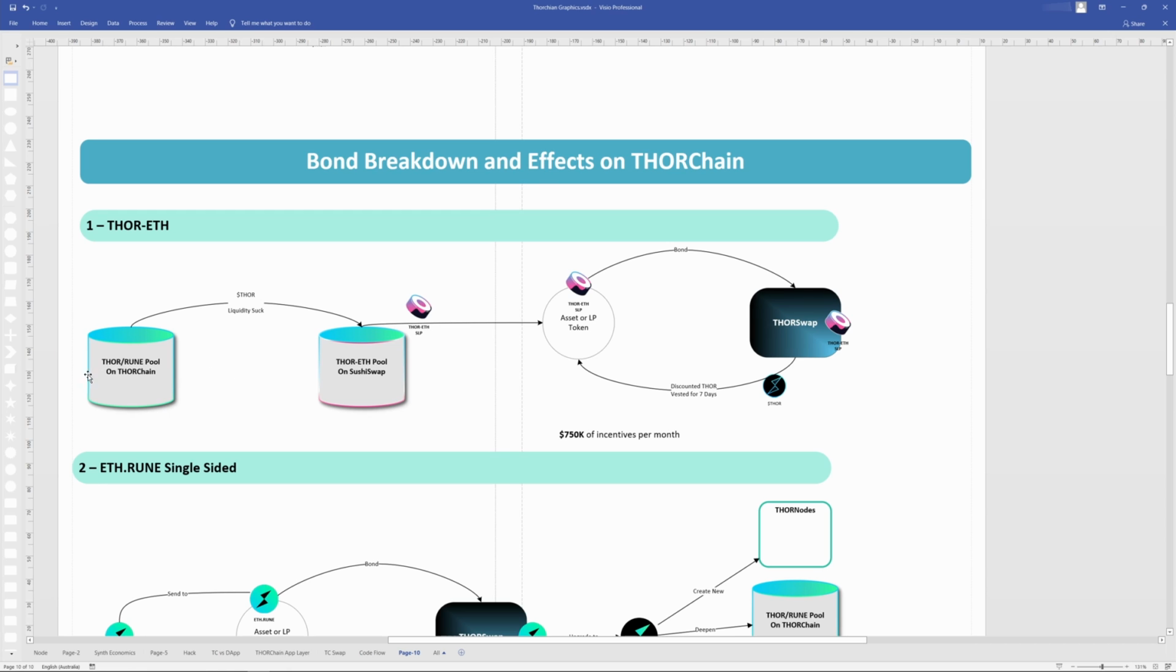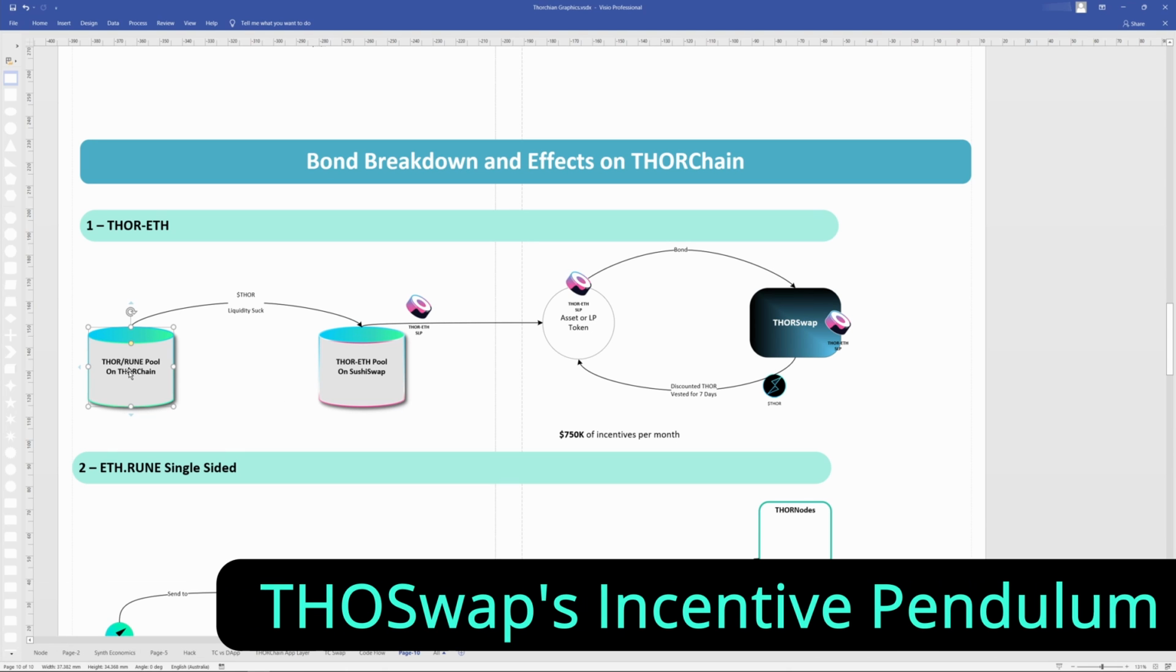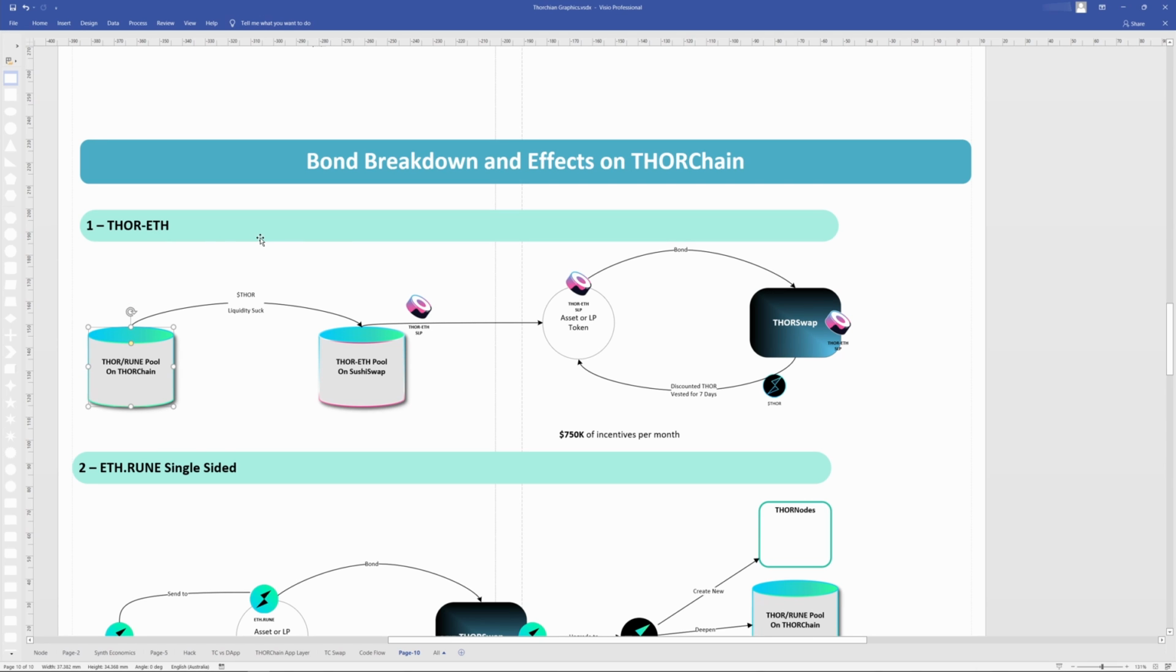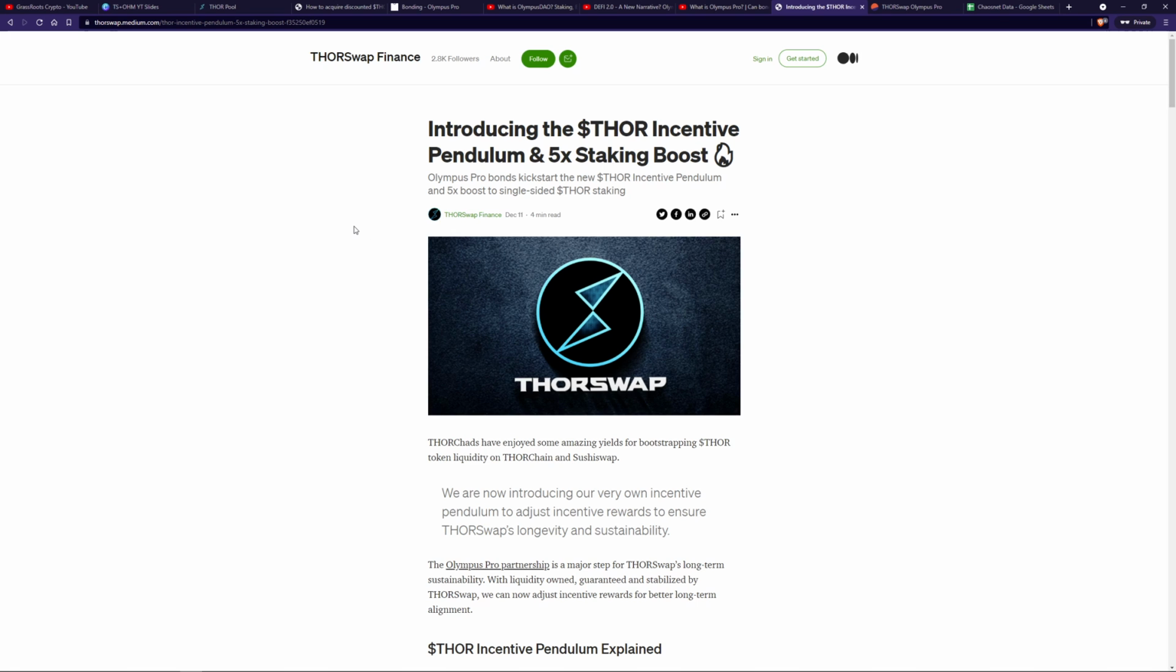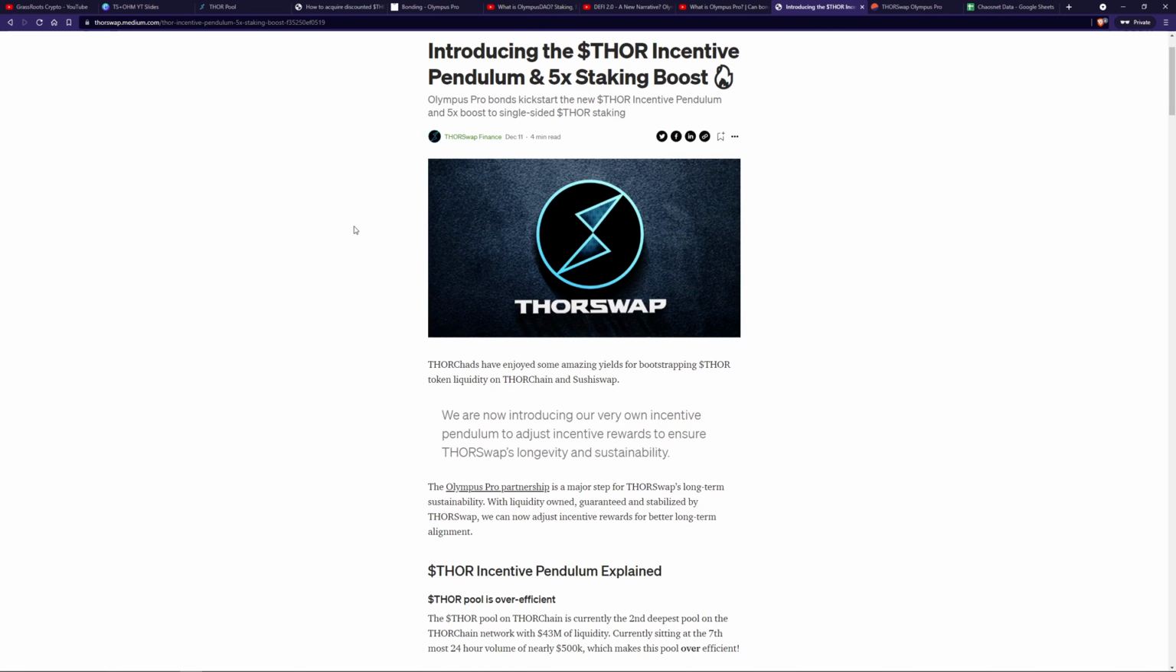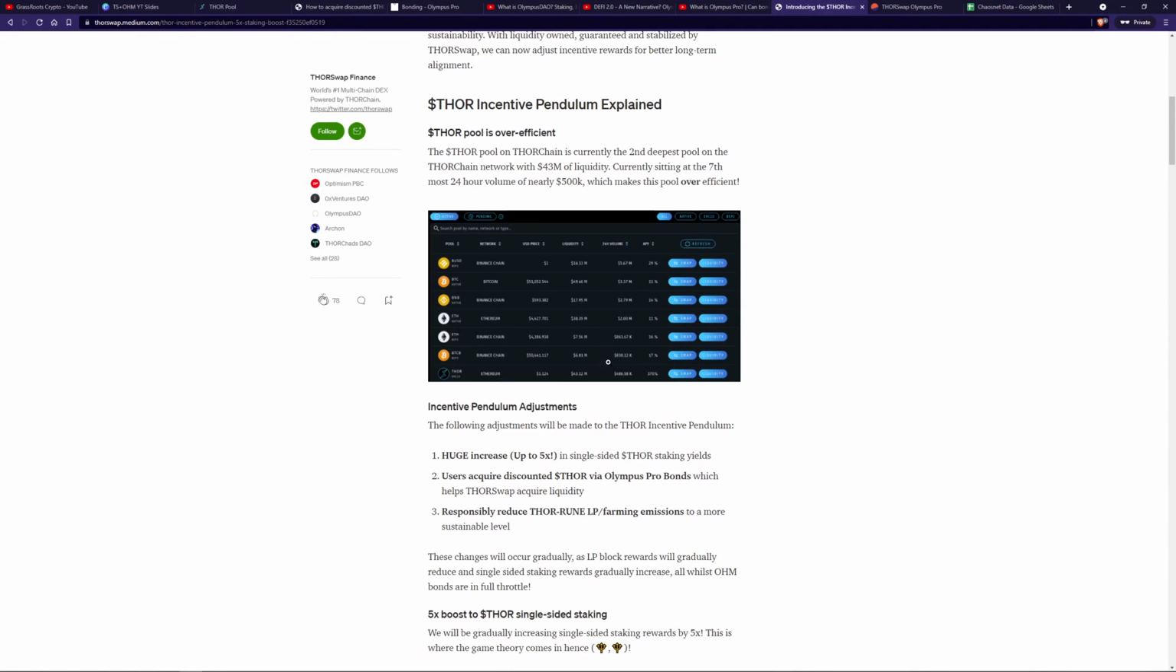Additionally, as we said before, previously a lot of incentives went into this pool, which meant no one wanted to leave this pool because they were having insane APY. So in addition to the bonding programs I talked about, THORSwap have created their own incentive pendulum in order to govern the incentives between LPs and farming emissions here. You can read about it in the article here, and this talks about their incentive pendulum. This is very different to the THORChain one, and how the pool is inefficient